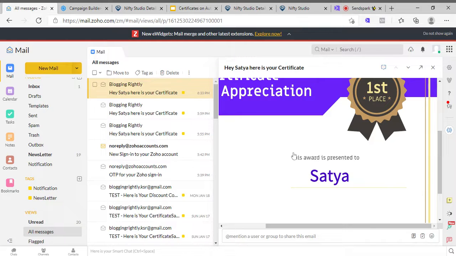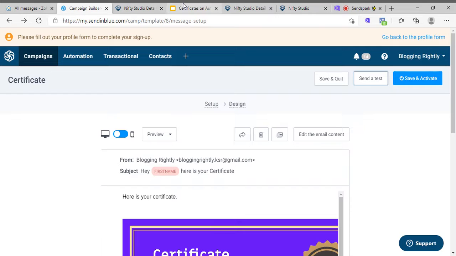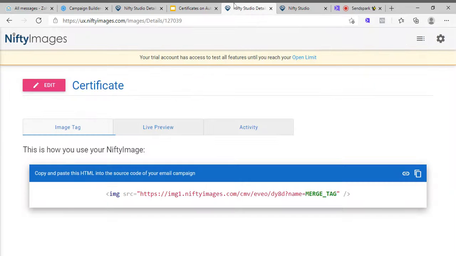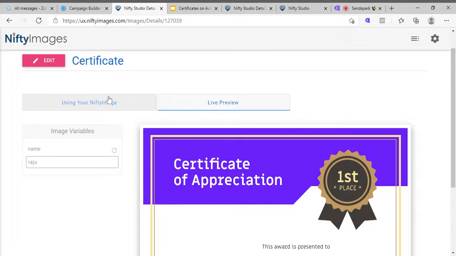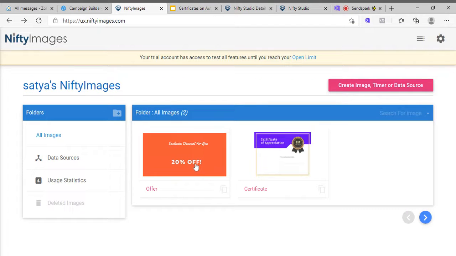You just need to configure your email marketing autoresponder and image personalization tool. The rest you can just configure with Zapier or Integromat or Integrately to send the first name and email address to Sendinblue or ActiveCampaign or any other email marketing responder, which can send automated certificates as well. So not just certificates, you can send personalized coupons for your offers for your stores. Using this method, you can easily send personalized offers for your people who are buying from you.